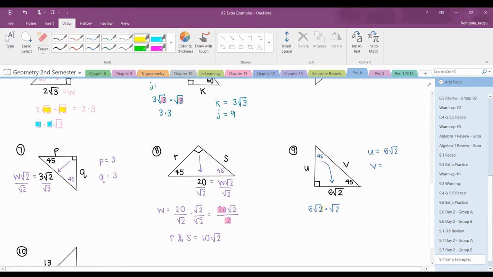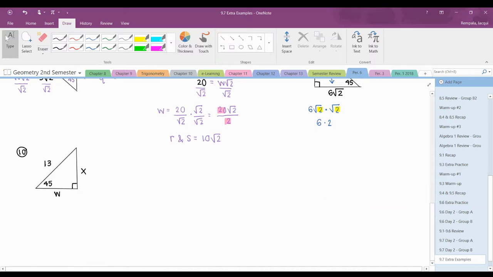So once again, because I have two numbers that are underneath the square root and they're the same number, it's going to end up moving outside of the radical, and this ends up being a 6 times 2 problem. Well, 6 times 2 is 12. So 12 is going to be the length of the hypotenuse. And then finally, our